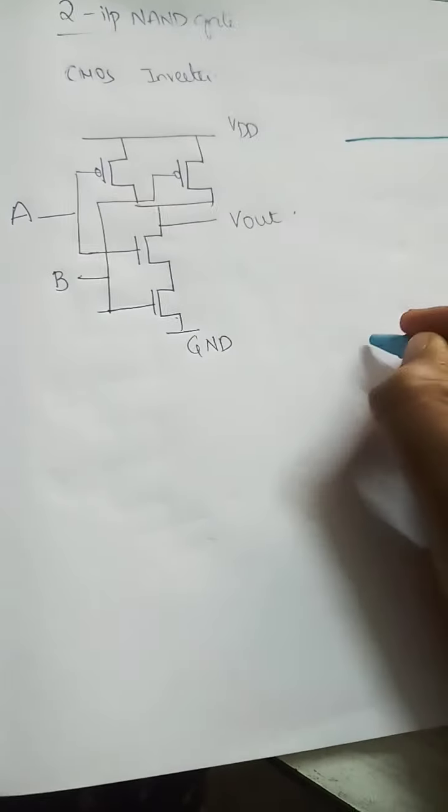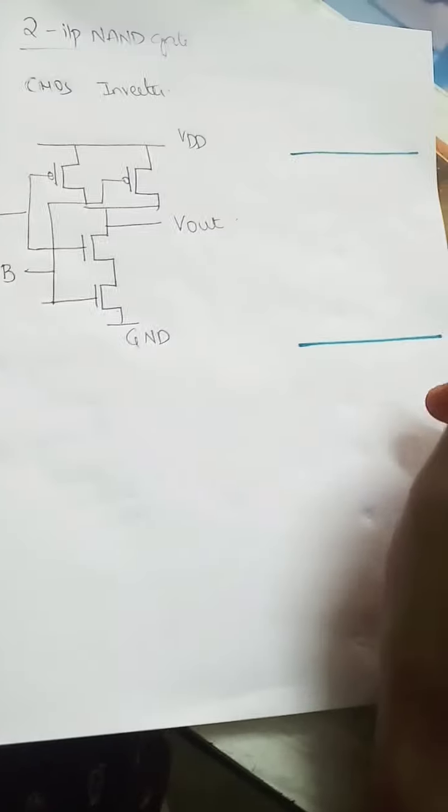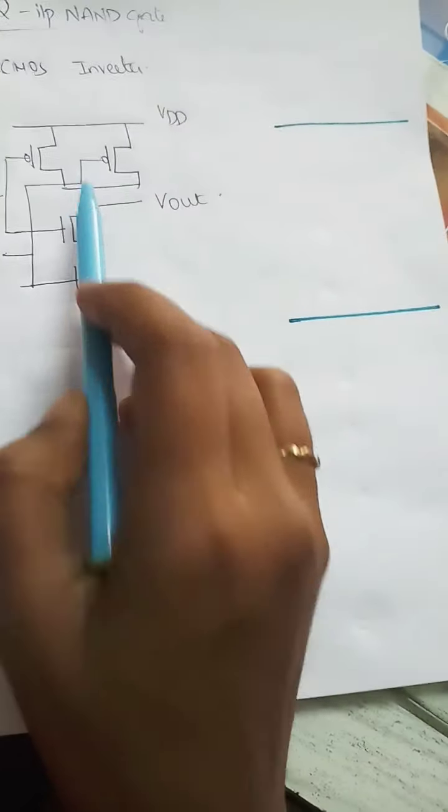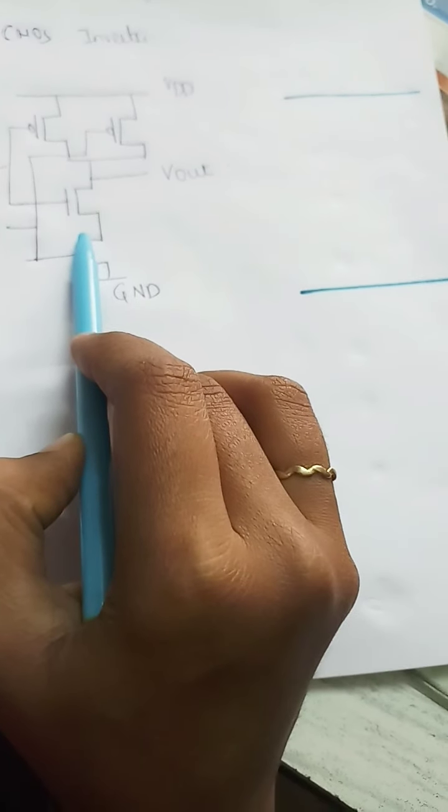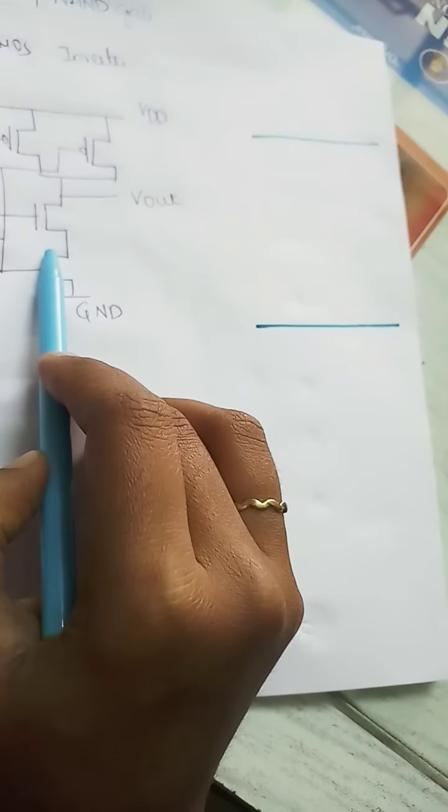Metal, metal. Okay, and these two are separate. One is P, one is N. So you have to make a metal in between these two in order to avoid any interconnection between them. So make a metal in order to differentiate both P and N. Okay. The top one is the P transistor. So for the P transistor, you will be using the color yellow.